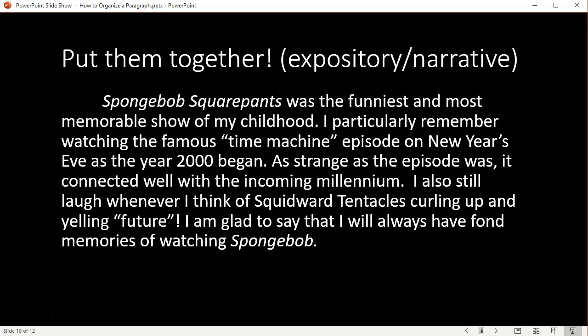So notice that that paragraph does feel good. It's got all four parts. My topic sentence is sentence 1. Piece of evidence is sentence 2. My commentary are sentences 3 and 4, so starting from "As" here and ending with "Future." And then I've got a summary sentence to close the paragraph.